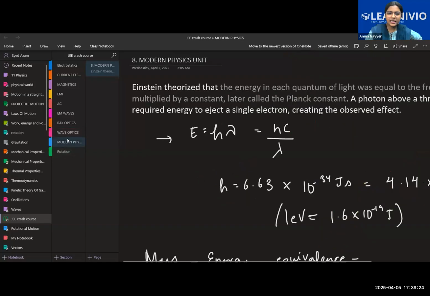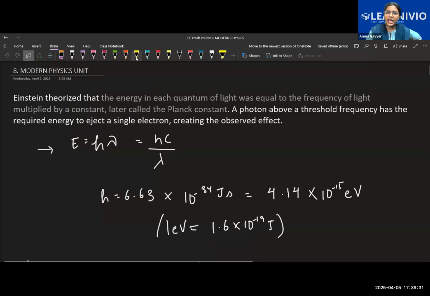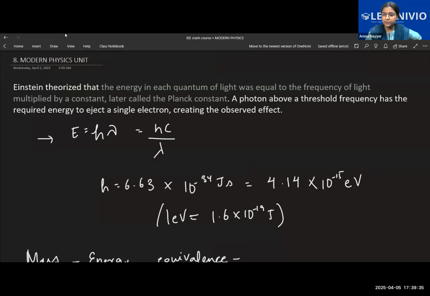Semiconductors, sir, Azam sir will take. Okay, so semiconductors he'll be taking. Your entire electrostatics is finished, no? Yes, ma'am. So the last 2 units are left. Your electronics unit will be done by sir, and this modern physics will be done by me. Okay, so your 12th part will be over. And vectors already sir has done in the starting.